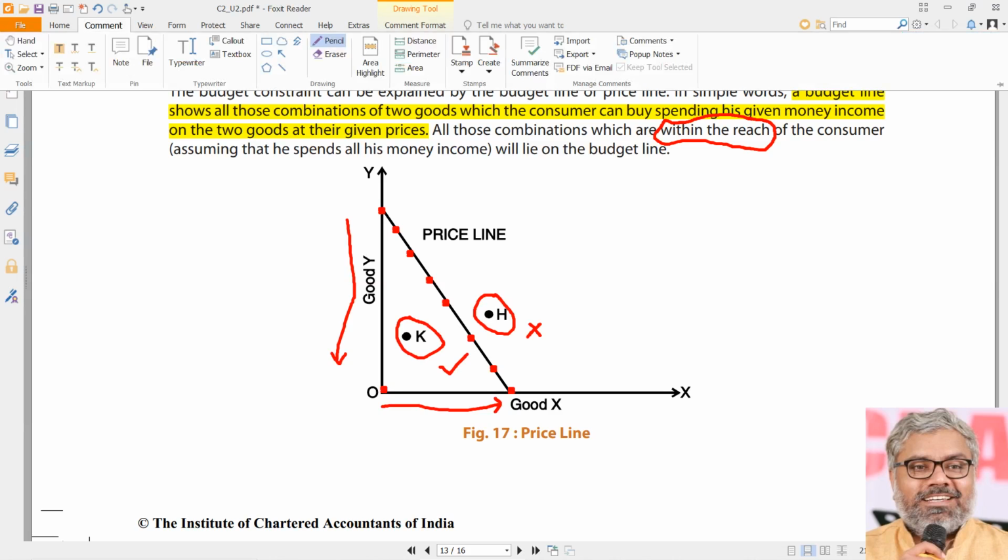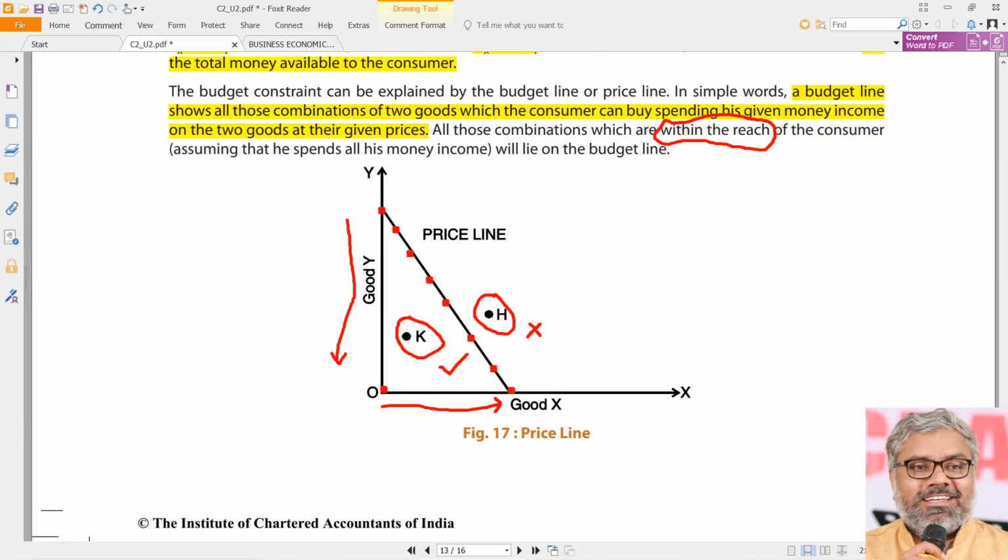For example, any one point if you take, this point tells us this much of consumption of good Y and this much of consumption of good X. That is what this point tells. So whatever this point may be, the consumption of good X is between O and that point, and consumption of good Y is between O and this point. That's all. So that is a point of two quantities of goods which he can afford with the given prices already known, within the given budget already he knows. That is one possibility which he can spend, which he can afford.